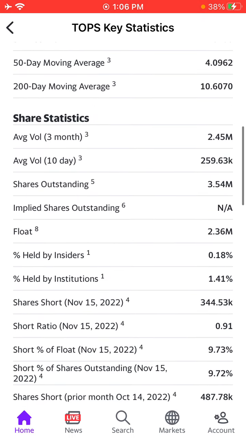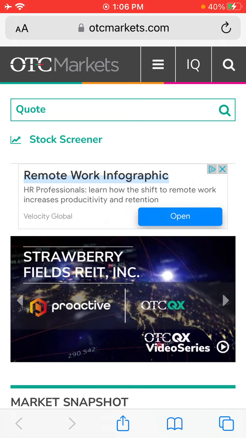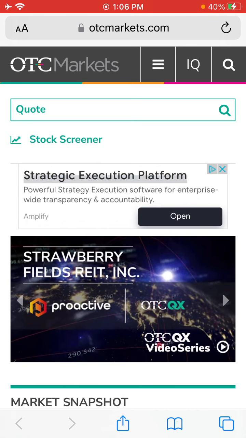And so if you want the most accurate float, what I do is I'll look at the most recent 10Q file or 10K in the SEC filings. So I don't have an app for that. What I'll do here is I go on the internet, and normally I use